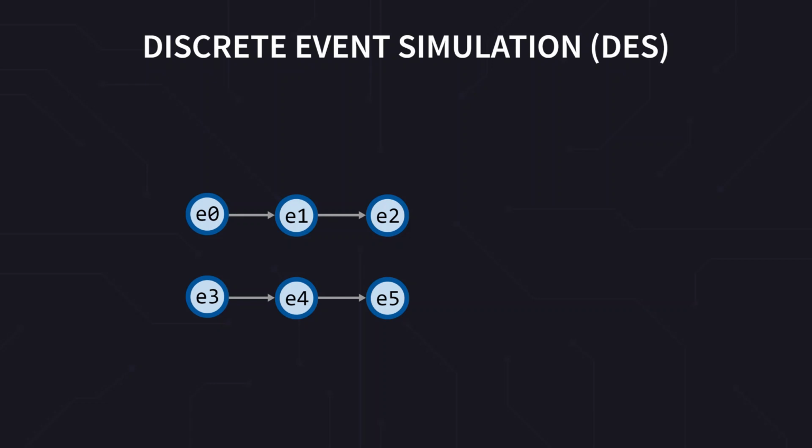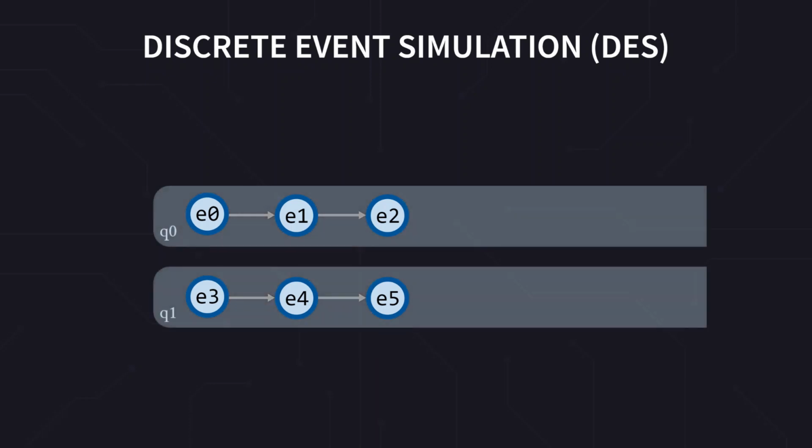For instance, E0 and E3 could be executed in parallel as there is no partial order for a single point in time. However, due to the cycle-wise synchronization, this approach does not achieve very high speedups in practice. So, how did we solve this problem? Well, in our case, we decided to introduce multiple event queues. In our example, they correspond to Q0 and Q1. Each of these event queues refers to a single thread on the host computer and executes a certain chunk of